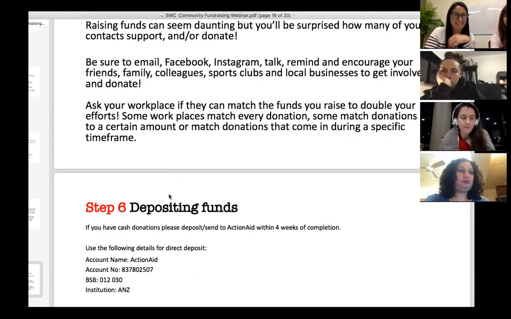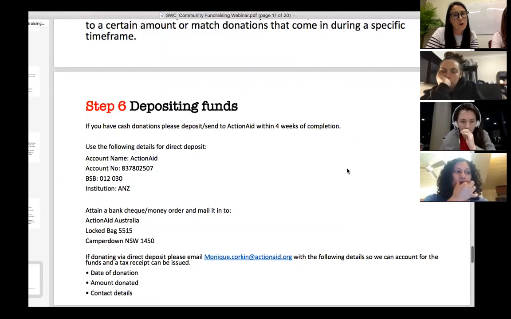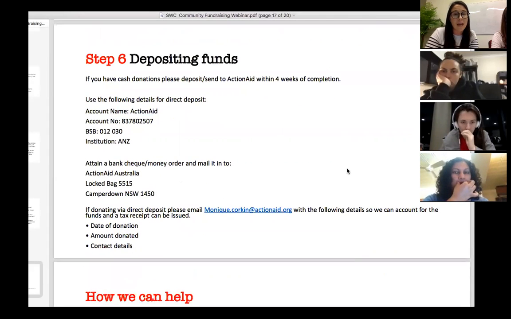Yes, thank you. This is just a little bit about if you don't have an Everyday Hero page set up, and sometimes that's not possible. You could have a laptop at an event where people could go in and donate, but sometimes that's not possible either. So I've popped down a few details here about how you can deposit funds if you're collecting cash on the night. I will also look to put online in the toolkit a step-by-step on best practice for collecting cash donations.